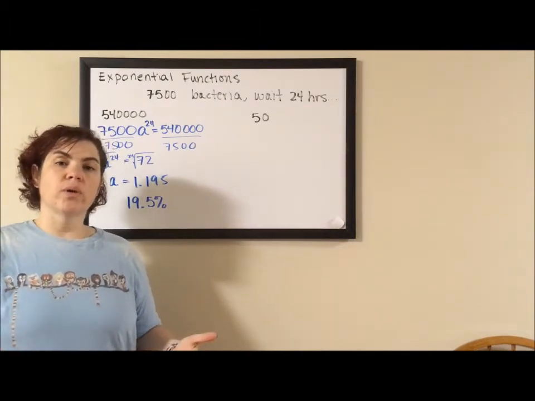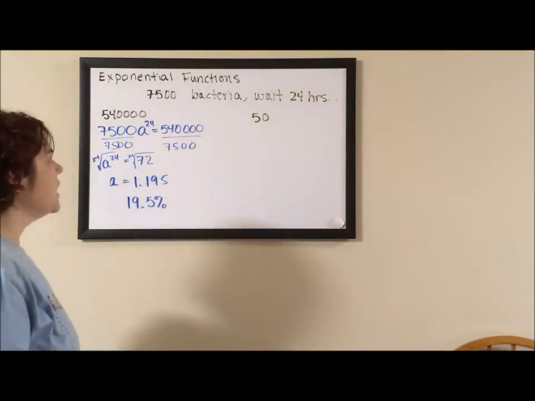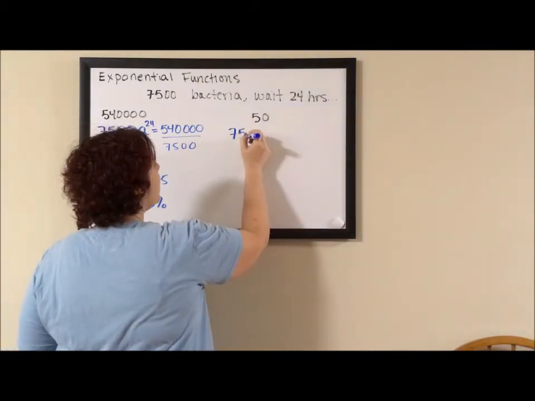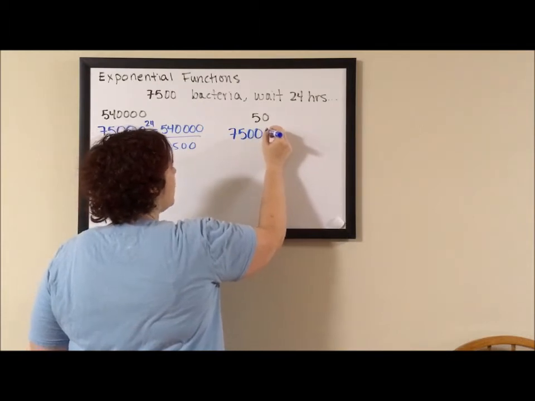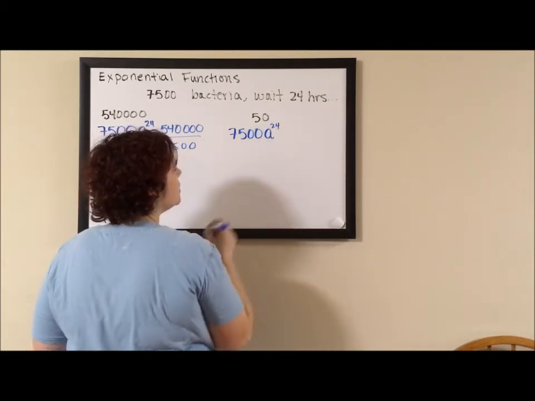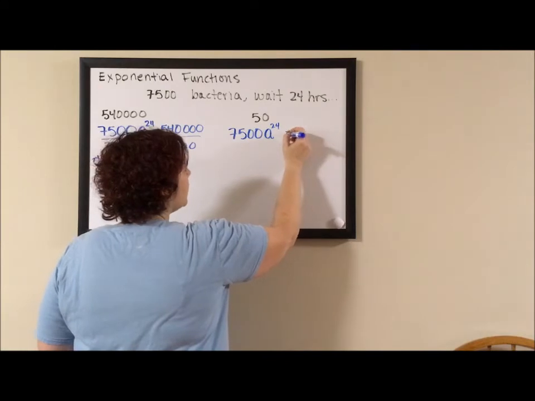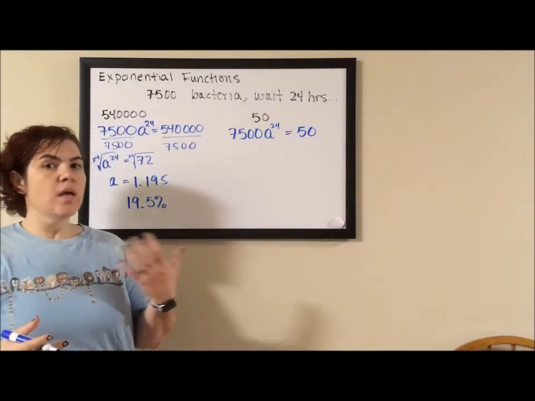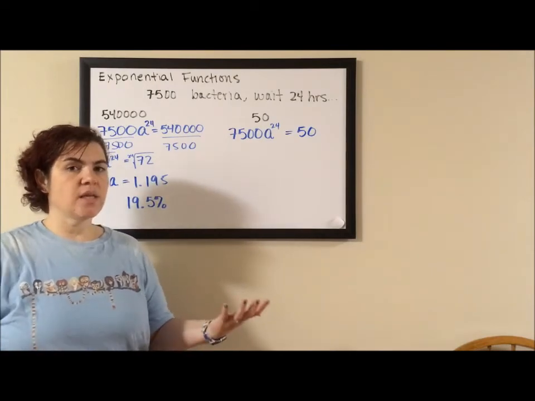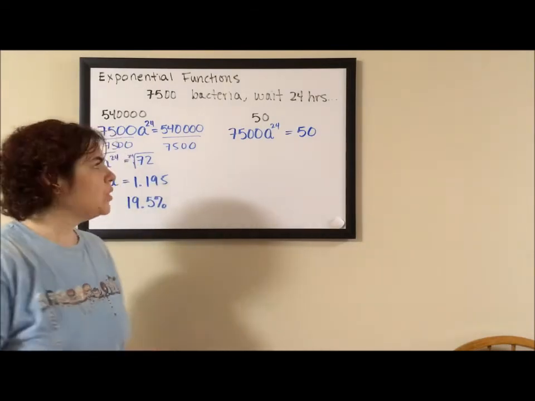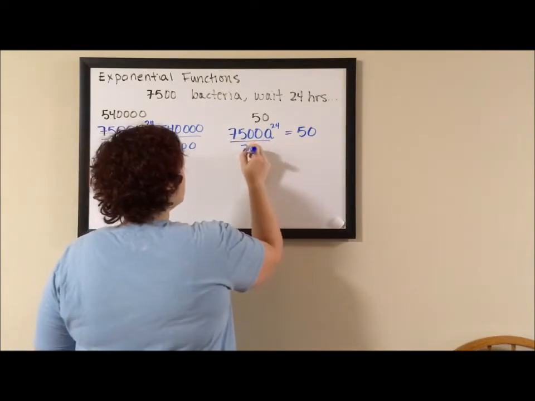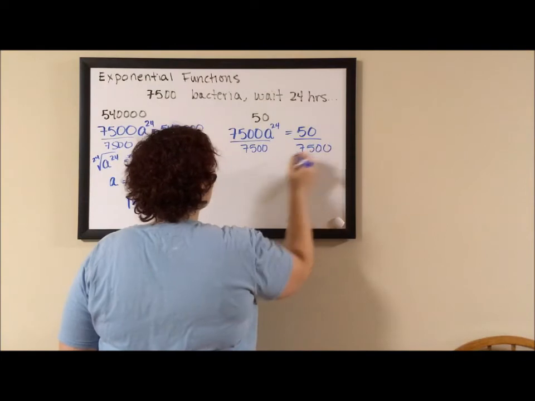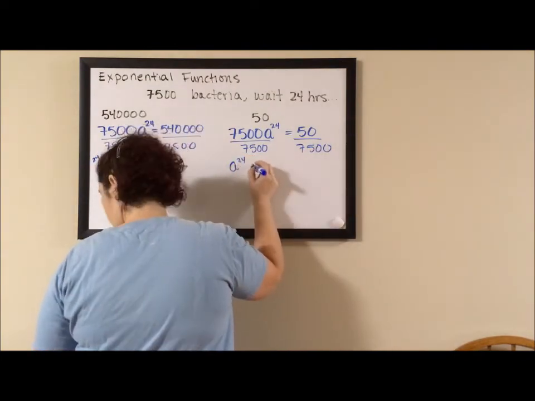For our second example, this student also started with 7,500 bacteria, also had 24 applications of an hourly rate to end up with merely 50 bacteria. Once again, upon basic inspection, you would think that the decay rate was huge. When we divide both sides by 7,500, we get that A to the 24 is equal to